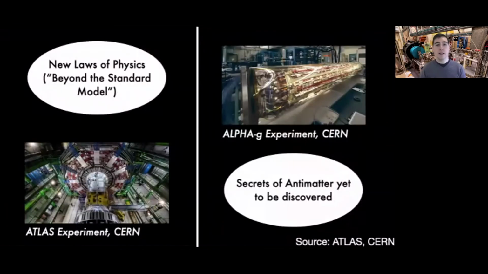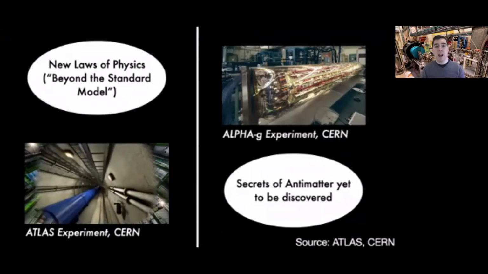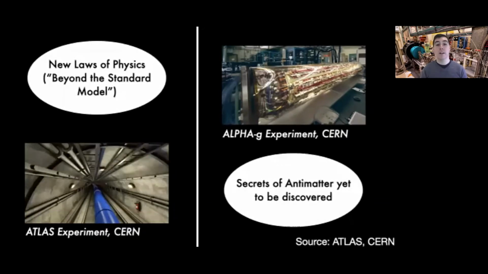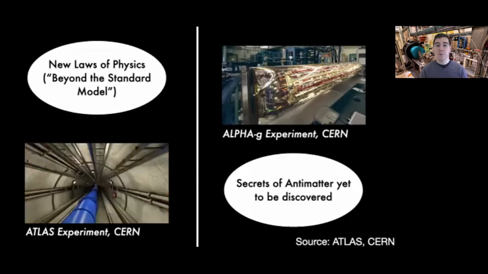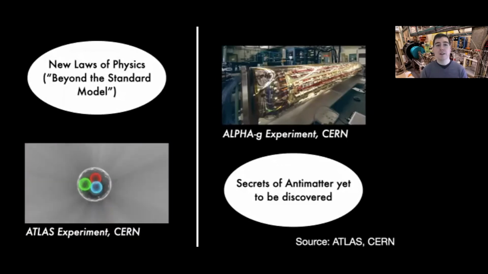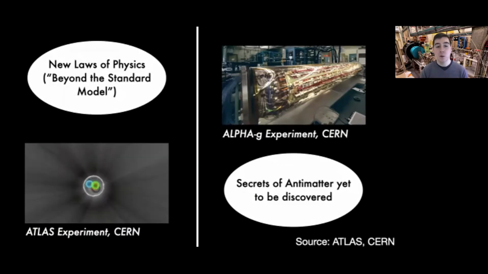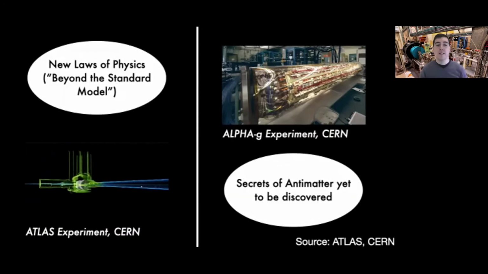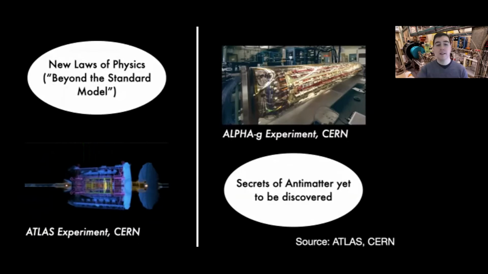And there are broadly two major efforts to answer this question, but both are very important. The first is to search for new laws of physics, something better than the standard model, which is currently the very best description we have of the smallest things in our universe. This is done at the Large Hadron Collider at CERN in Switzerland, which some of you have probably heard of. They send tiny particles around a 27-kilometer circular loop, and it's about 100 meters underground. When the particles smash together, they can create conditions like the universe in the moments after the Big Bang.